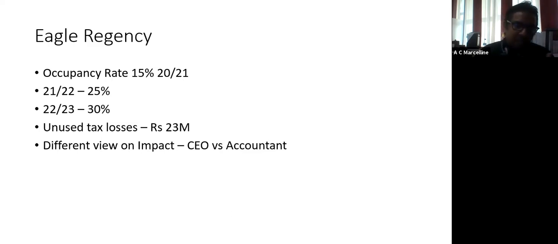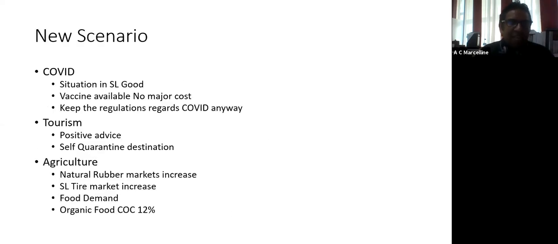So your marks are now flowing, right? The new scenario, situation is good in the Sri Lankan context. Now vaccine is available with no major cost. Now, did you see that? That's very important. Okay. So vaccine is going to be available with no major cost. That means